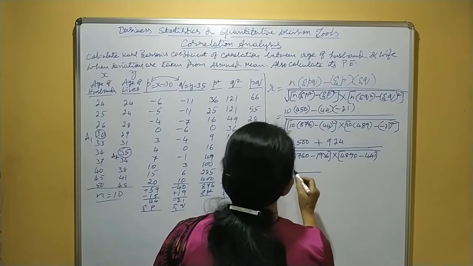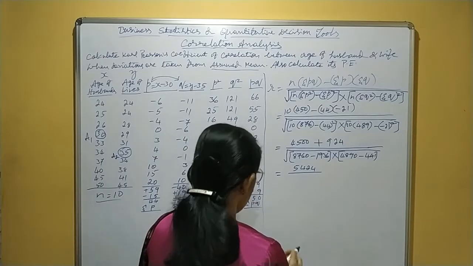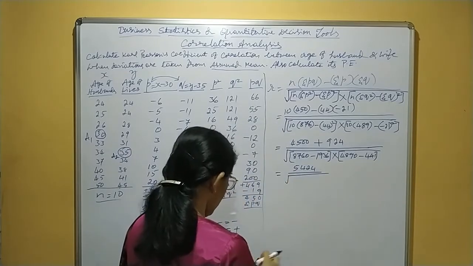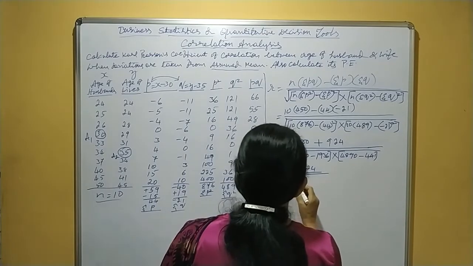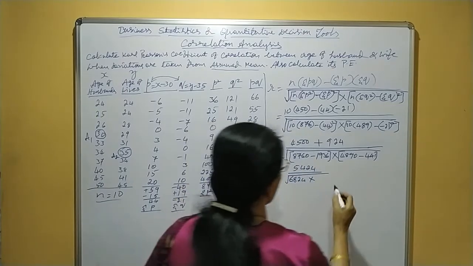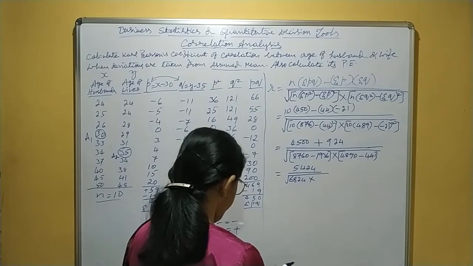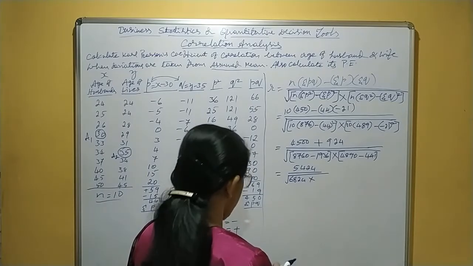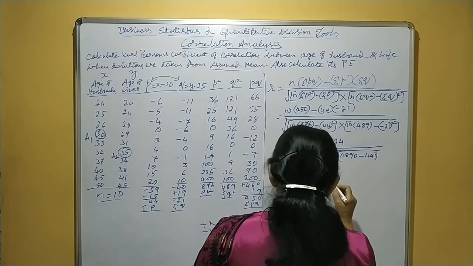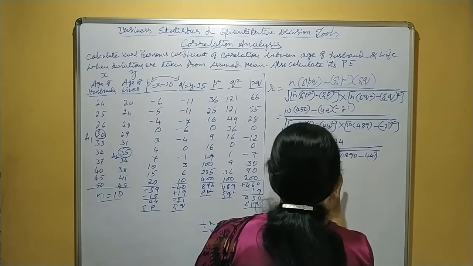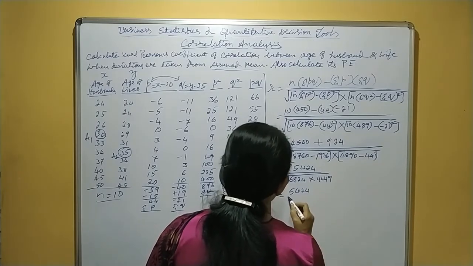Equals 5424 divided by square root of 8760 minus 1936, 6824, into 4890 minus 441, 4449. Equals 5424 divided by